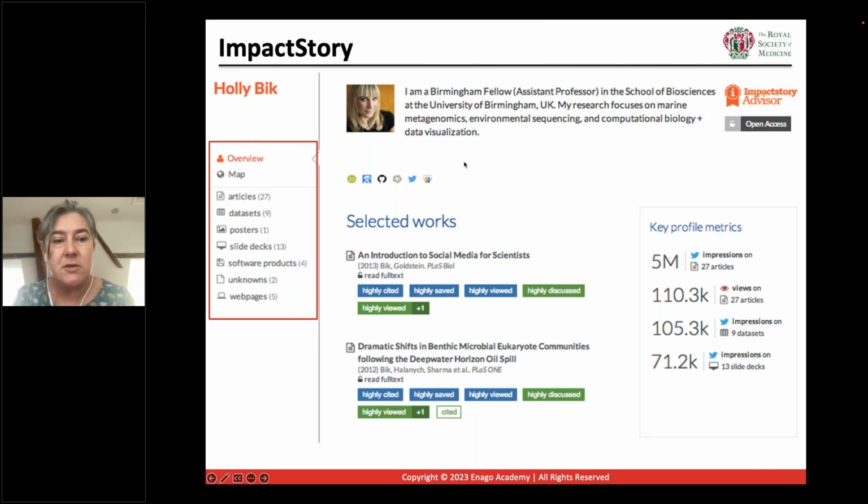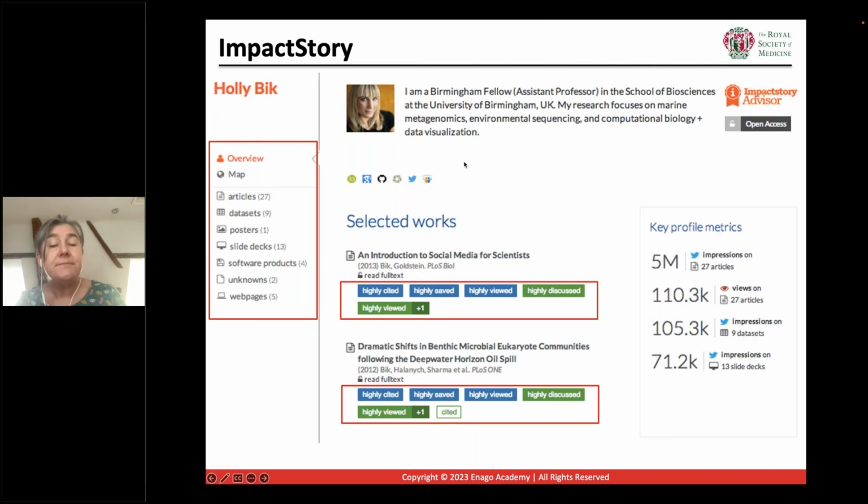Then you've got the green and blue badges, where you can click through to see underlying data that will show you the scholarly and public impacts of the research. And then if you click on the title of the work, you can get an in-depth description of the article, including citations, abstracts, and summary metrics as well.